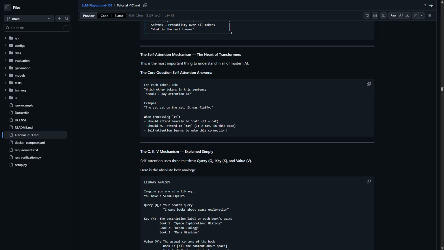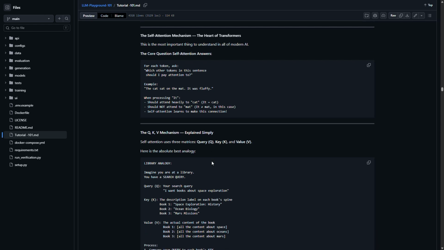When processing "it," the model should attend heavily to "cat." It should not attend to "mat." In this case, self-attention learns to make this connection. Okay, so